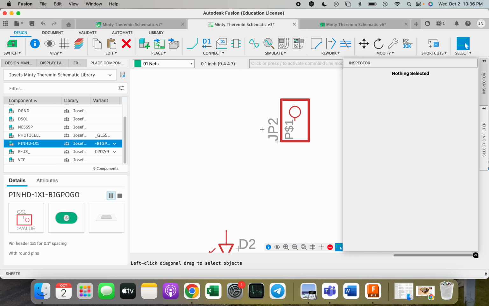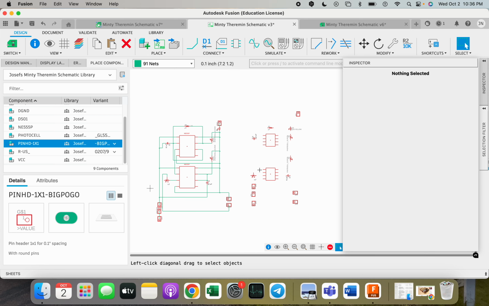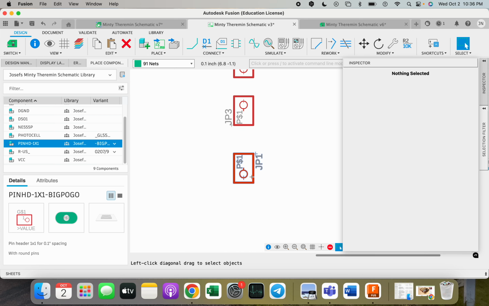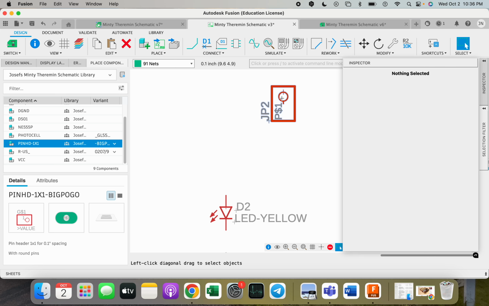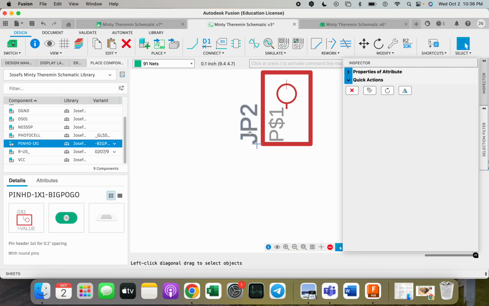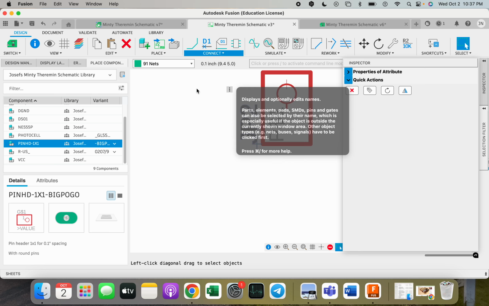So if you scroll into the top one and double click on where it says JP2, JP2 is the second one we placed down. You'll notice in the bottom left corner is the JP1. So we'll go to the JP2, and if you double click on that text, or if you go and place a name,